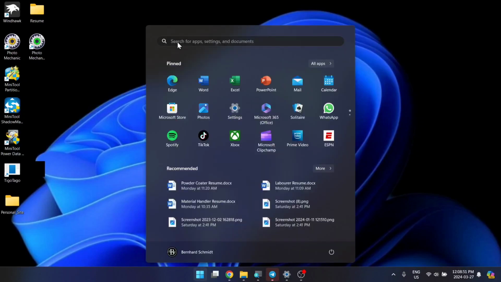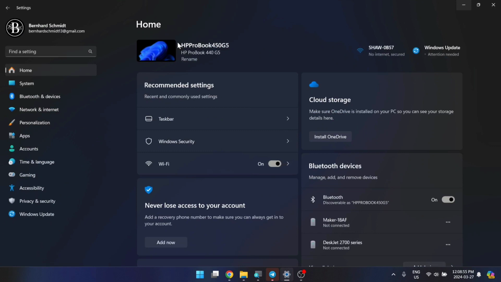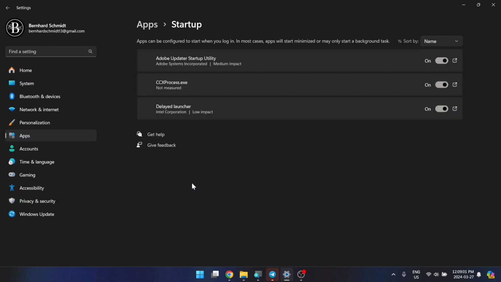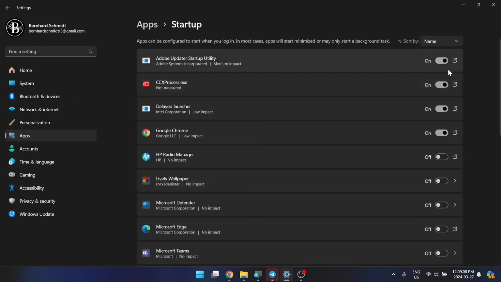Hit the Windows button on your keyboard, then search for Settings. From there, go to Apps, then at the bottom of the list here, you'll see Startup. Now here's a list of all your startup apps. On the right here, you'll see the toggle button to turn them off, and then down here right below the